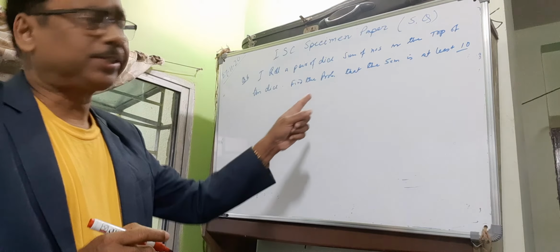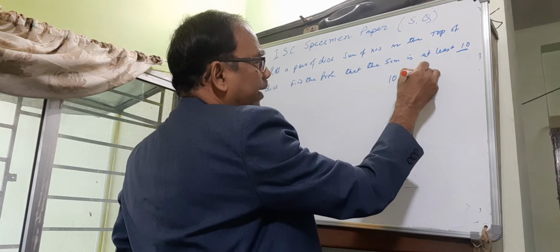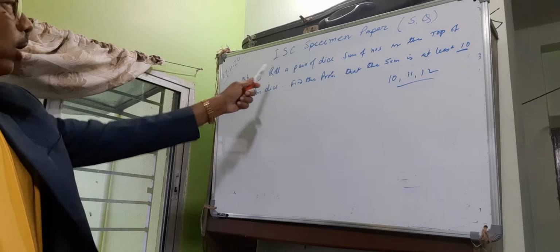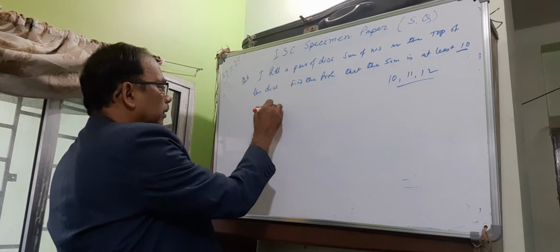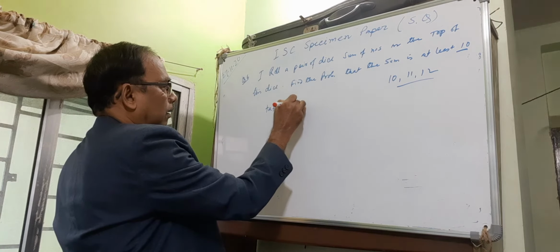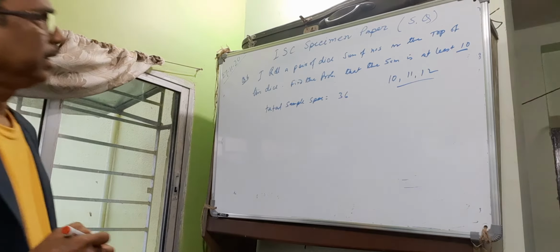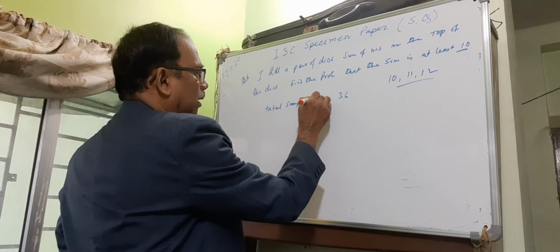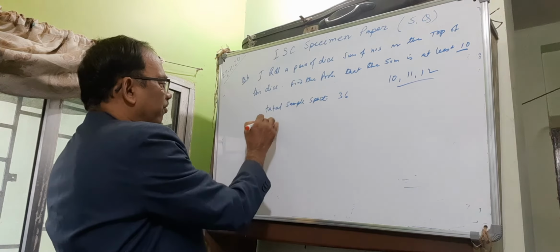What do you mean by at least 10? At least 10, कम से कम 10. That should be 10, 11, 12. That will be the sum of the numbers. If a pair of dice is thrown, suppose 2 dice are thrown, the total sample space is 36, because 2 dice are thrown. This is the total outcome, and the favorable outcomes: